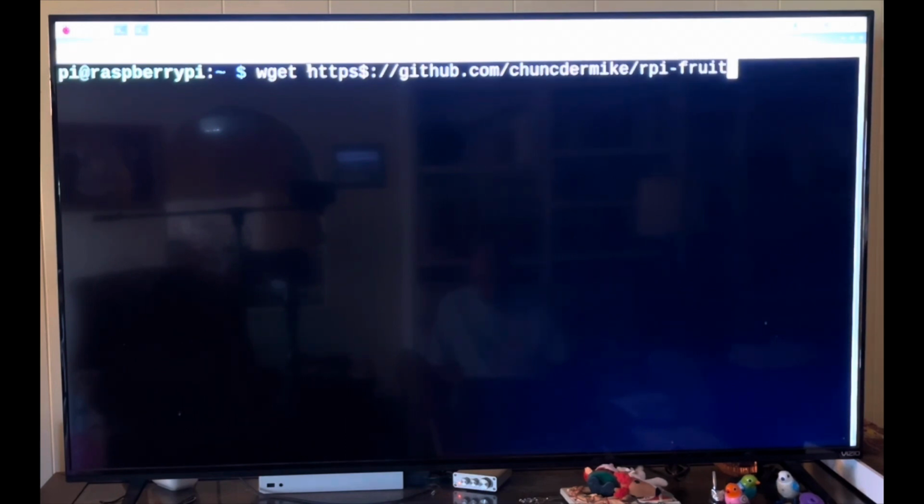command line. So I'm going to type in this rather long command, which is wget, W-G-E-T, all lowercase, space, HTTPS colon, slash slash, github.com/chundermike/RPI-Fruitbox-V2/raw/main/install_Fruitbox_